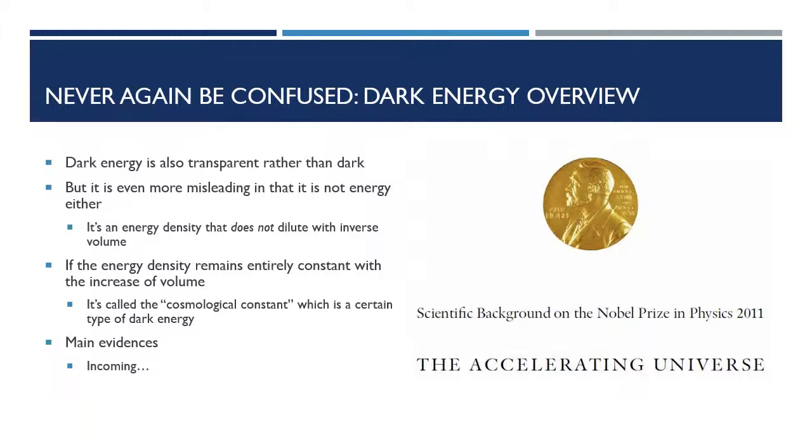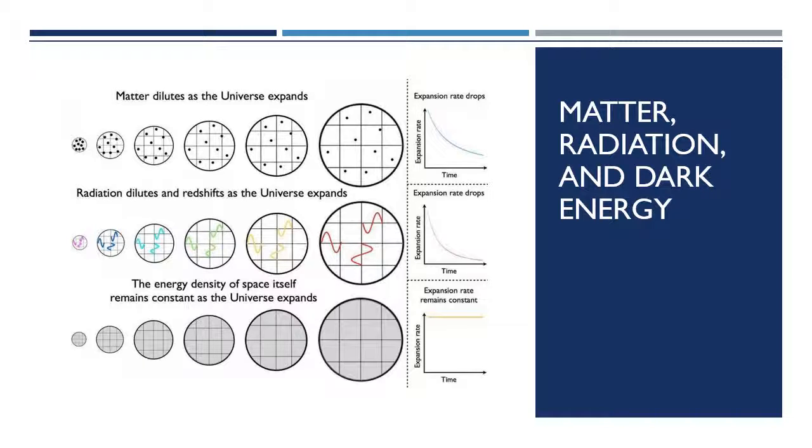Well, we'll come to that. But first, we need to pay a little bit of attention to how different types of matter change as the universe expands, in particular with their densities. So here is an example of how matter dilutes as the universe expands. Basically, the amount of matter in the universe doesn't change over time, but its density would. So you can imagine if you had 10 particles, and then all of a sudden your overall volume gets bigger and bigger and bigger, the density of matter would decrease.